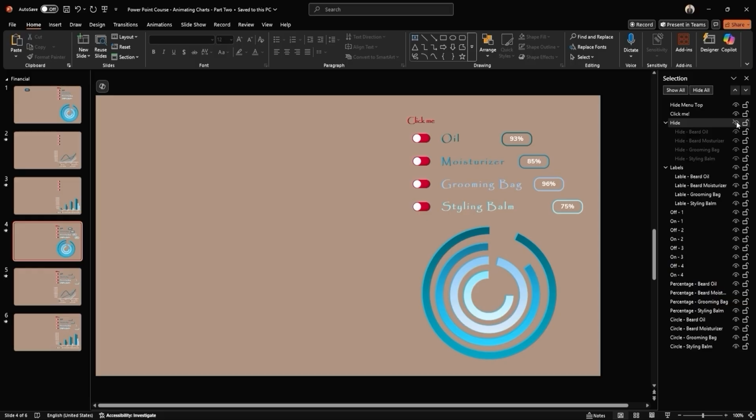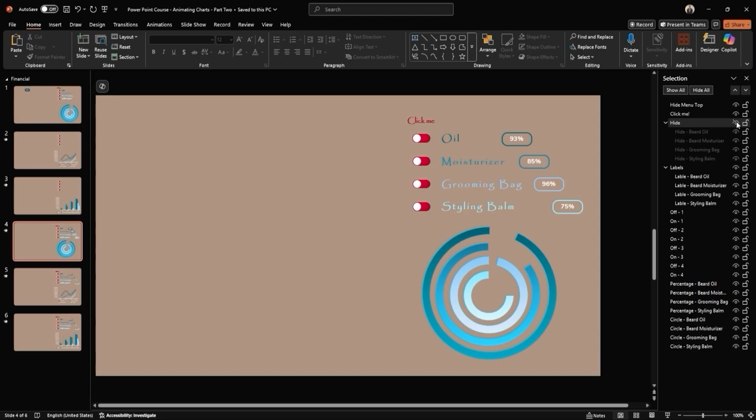Here's the issue. Transitions in PowerPoint happen before animations. So, when you switch slides using the menu, there's a split second where the data bars are visible, even when they shouldn't be. It's not a big problem, but it doesn't look very polished. To work around this, we'll later add a hide bar that sits above the data bars on the Z-axis. That hide shape will be animated to disappear as the slide starts, giving us a cleaner, more seamless transition.